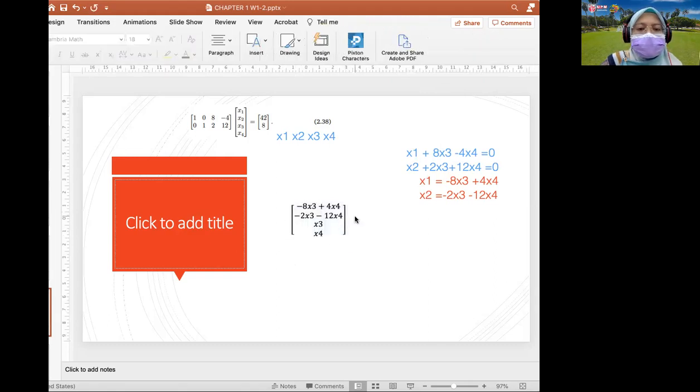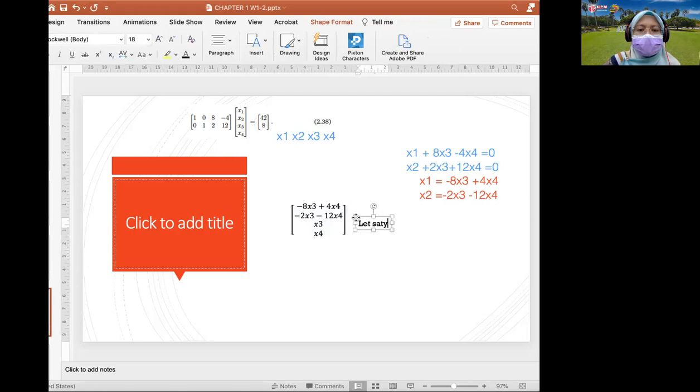Okay, alright. So let's say we let x3 equal to 1, x4 equal to 0. Remember, whenever we declare a variable to be a free variable, we can put any numbers, but usually we will use the simplest numbers, the simplest integers. Like in this case, I start the x3 with 1 and the x4 is 0. So if we plug in this value into the first and second row, then we will get